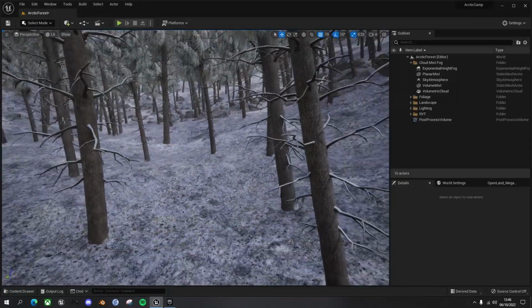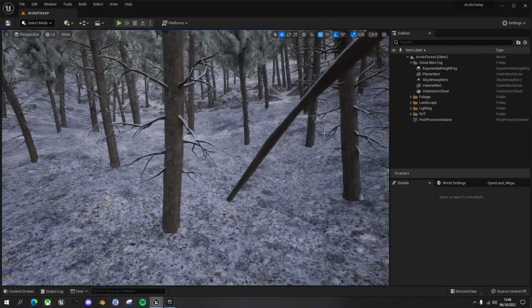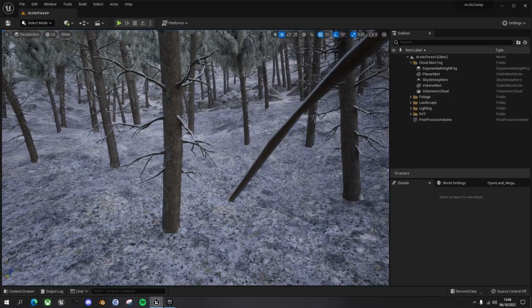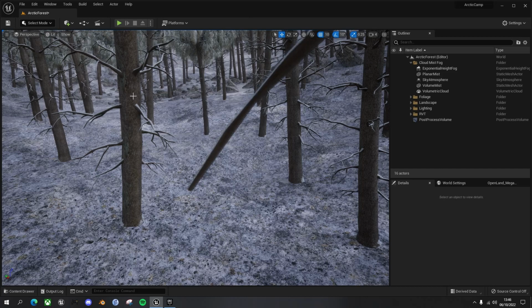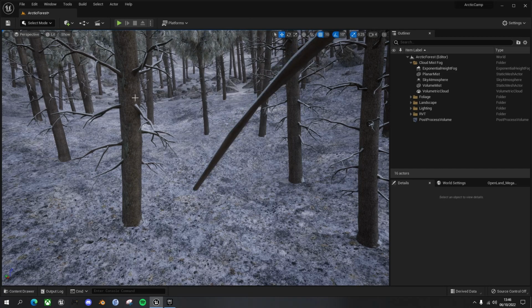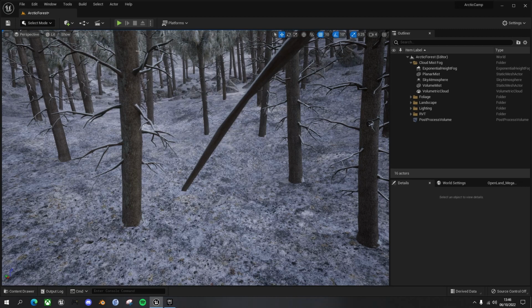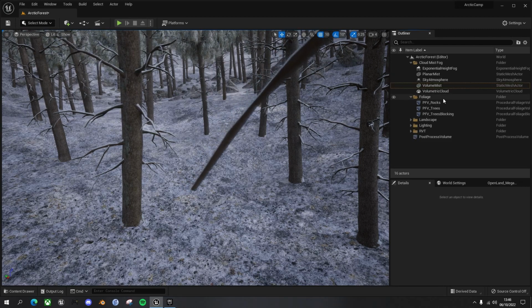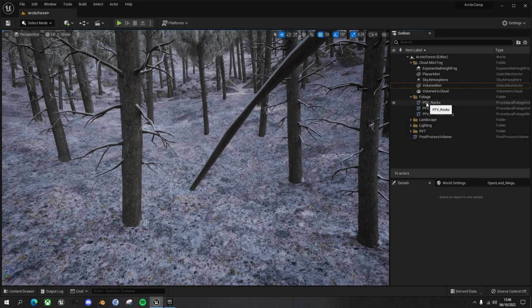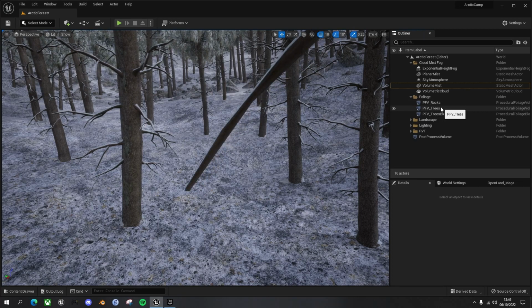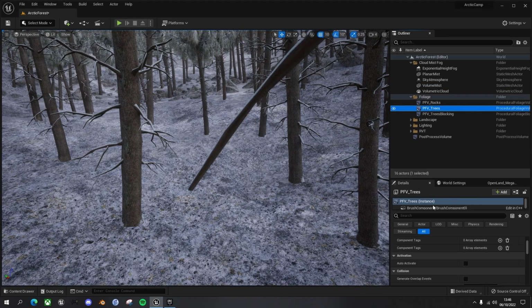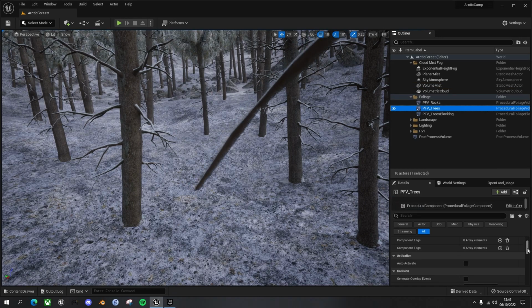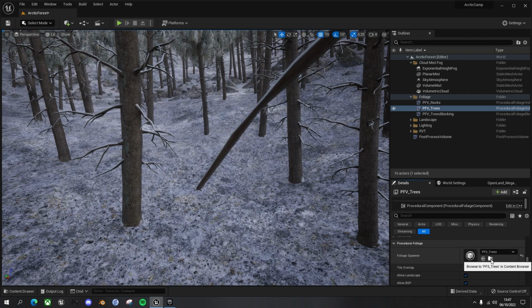So let's first of all place our campervan in place. Now you should have collision set for your foliage, i.e. the trees. So let's just check that's the case. If we go into foliage, the foliage for the trees, and let's find the foliage spawner here. So browse to that,